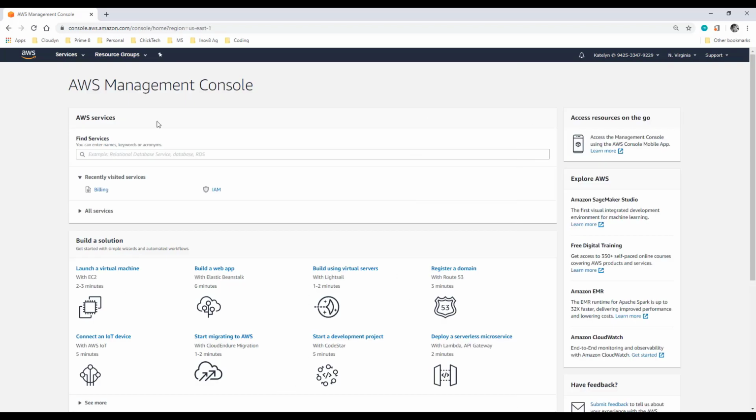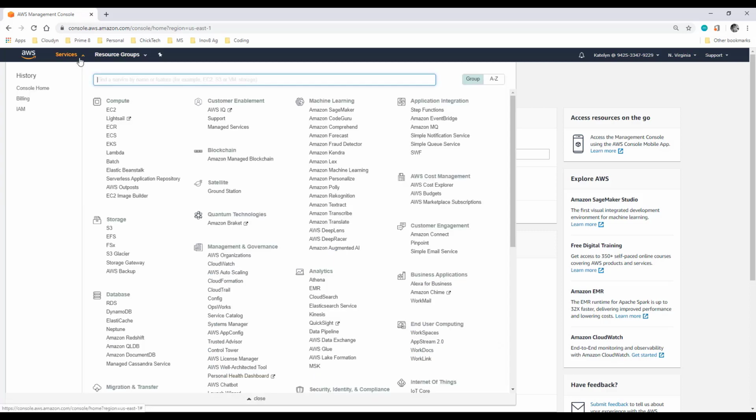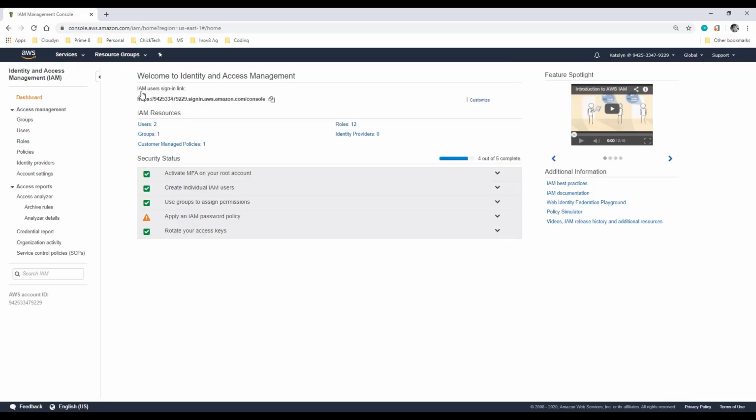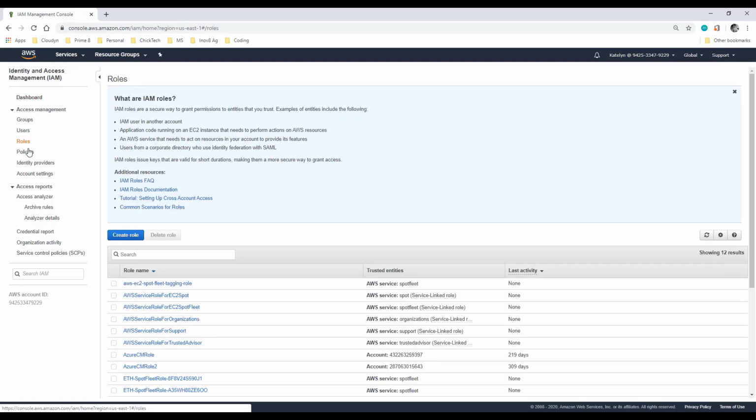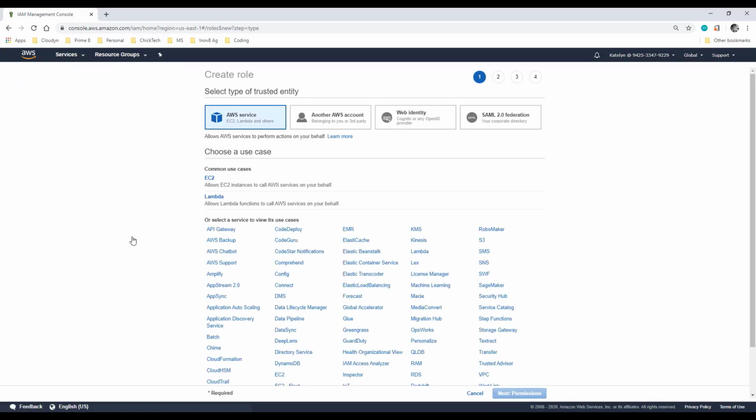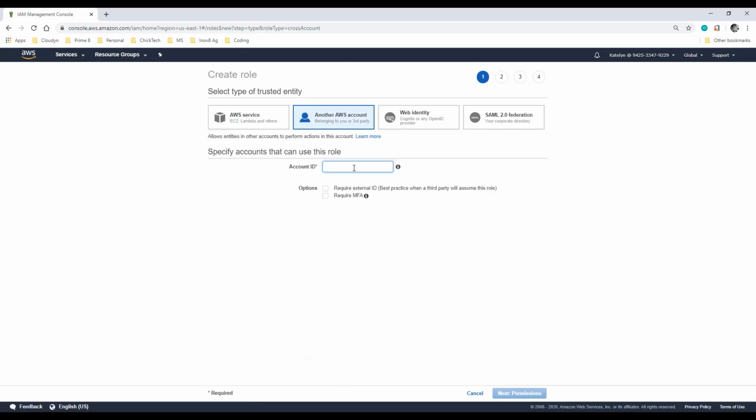If you're not already signed into your AWS console, do so now, and select Services from the top left of the page. And click into it. On the left side of the navigation pane, select Roles, click in, and select Create Role. Select the Another AWS Account button, which is the second selection at the top. In Account ID, enter